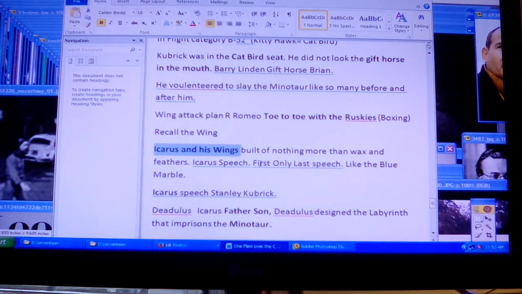And Kubrick does his Icarus speech, which I think you guys, hopefully, have watched by now. He talks about how he never understood whether the message from the myth was to not fly too high or if it was to build better wings. And of course, we know it was to build better wings. And so we have Kubrick's Icarus speech, which is really a total connection to Icarus, Daedalus, the Minotaur, the